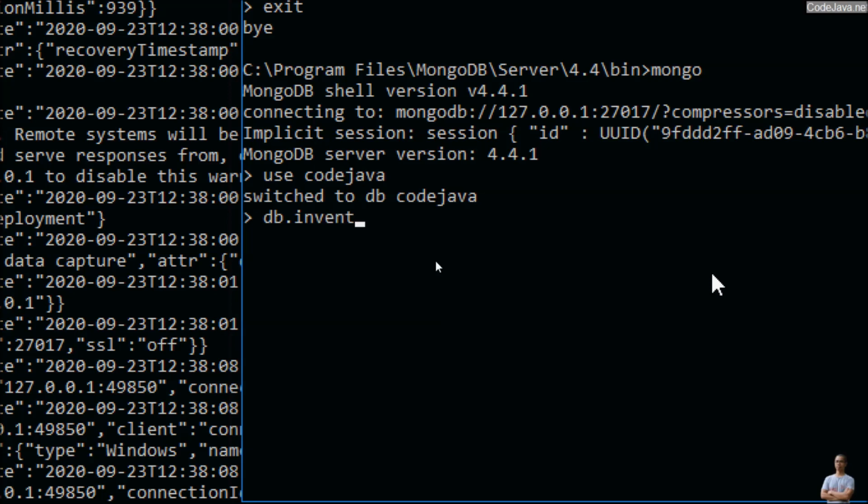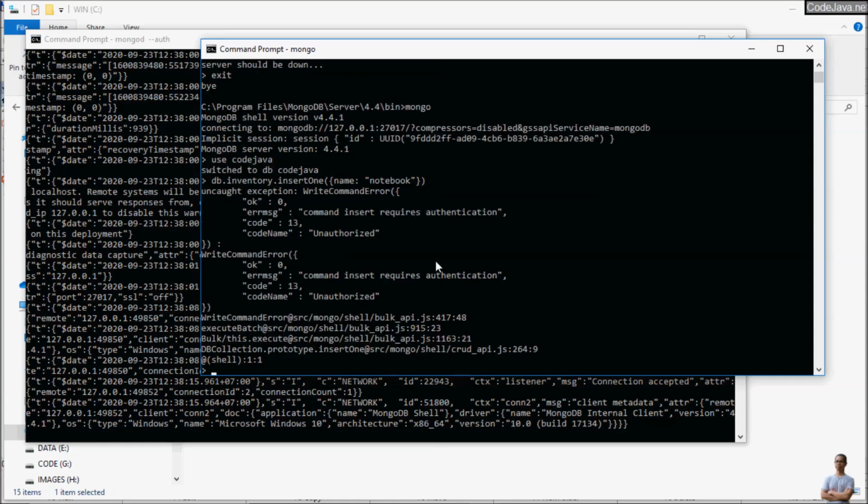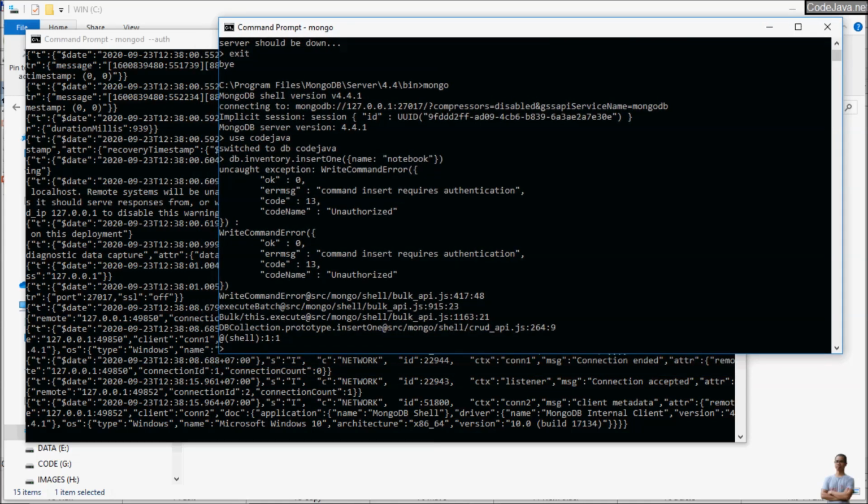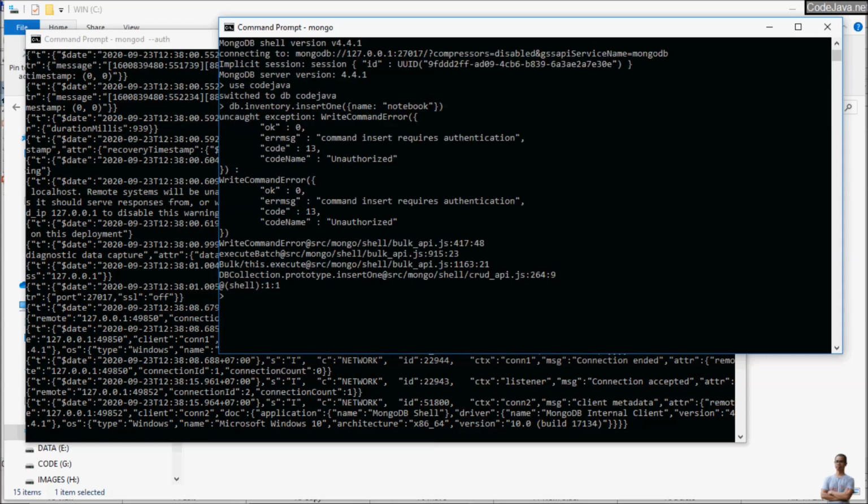Insert one document to the collection here, name, for example, notebook, and hit enter. And you can see unauthorized here. Command insert requires authentication. That means the MongoDB server is running in secured mode and it requires the client to